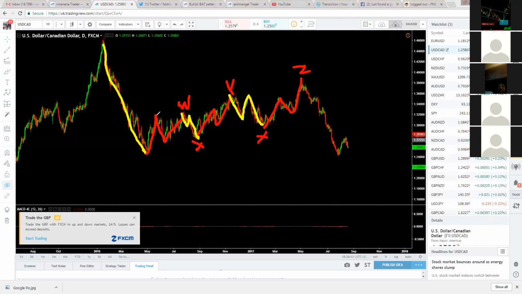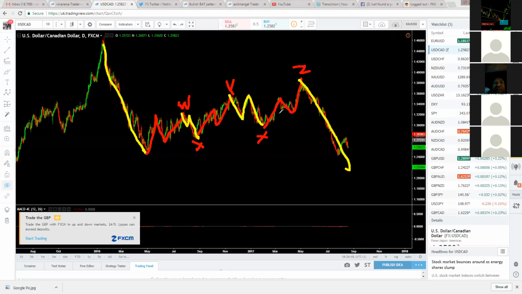You can actually have just one correction and then it goes. You can have 2 and then it goes. If you have only 2, it will be a double XY and then it goes. In this case, Elliott only identified up to 3 corrections. So whenever we get this third correction, that is the Z, there's only one way, and that way is in the prevailing direction of the initial trend before the correction. So this was the initial trend before correction,